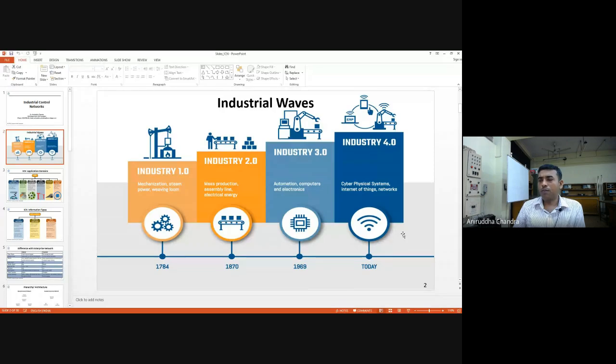So what is Industry 1.0? Well, Industry 1.0 is what we read in our history books about the industrial revolution. That means prior to that, we had products made in home settings. But during the industrial revolution, which happened around the 1780s or so, there was mechanization. That means there were machines which could do a lot of similar jobs quite quickly. And they were powered by steam turbines. One such example is a weaving loom.